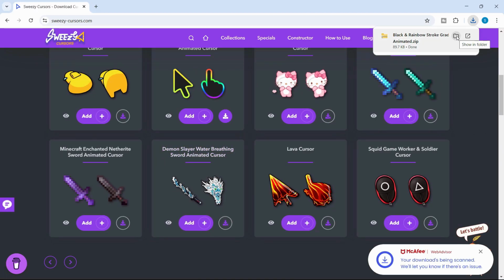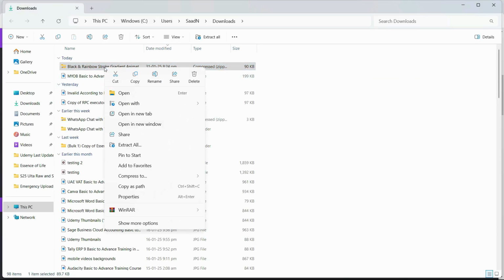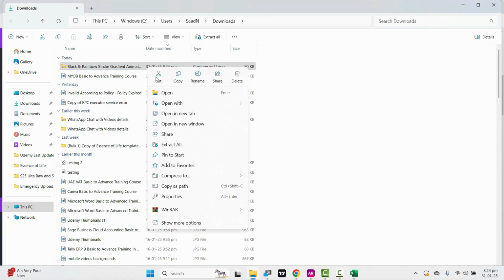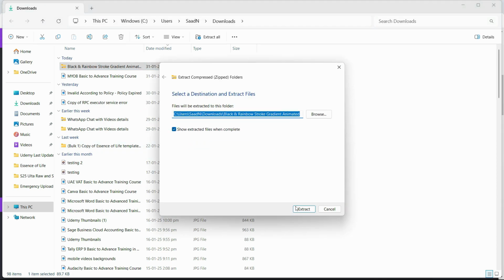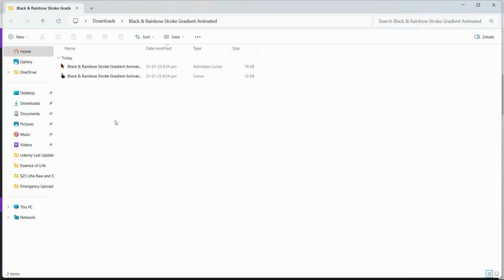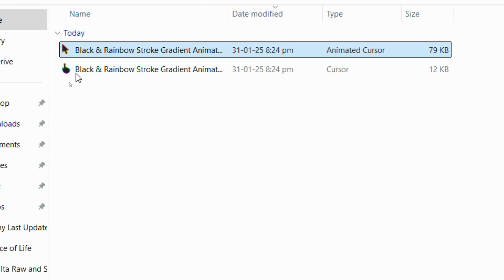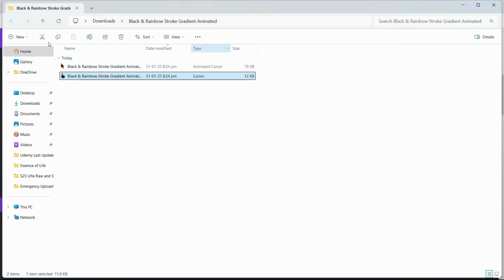And once it is downloaded, it will be in a zip file. So what we need to do is extract this. So let's right click here and click on extract all and click on extract. Now, once it is extracted, you will see these two signs right here, or maybe more depending on the cursor